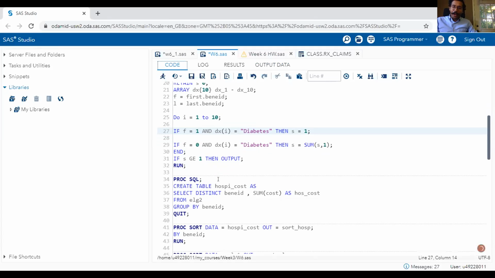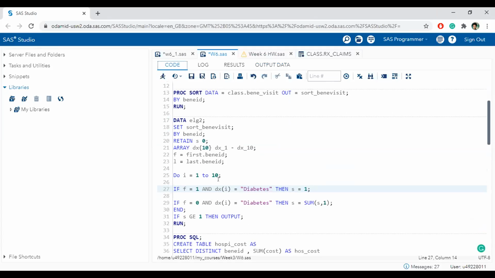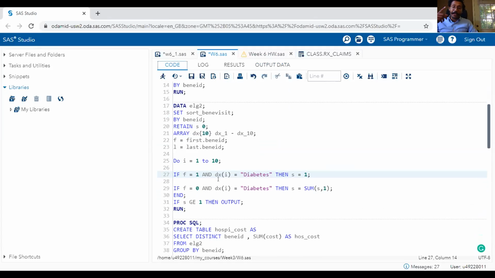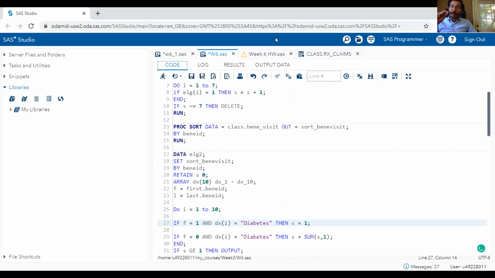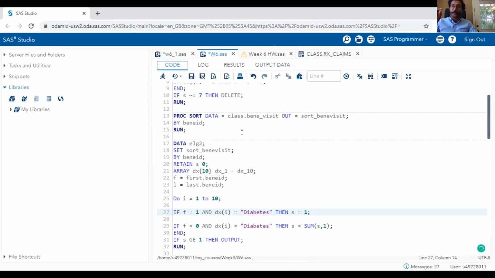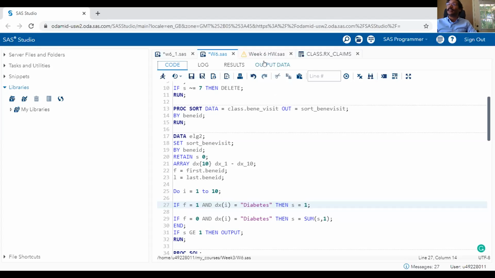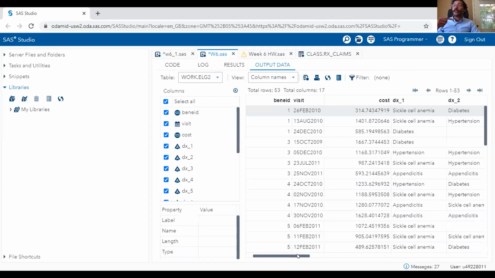Can I add a comment to that, Shishir? Yes, sir. I really like what you've done. This is a very creative and effective way to identify diabetes, not at a claim level, but at a beneficiary level. So this is a great example of how to do this. One thing to be careful about is that your output data set will still have more than one row per individual, right? If you open that final data set, you still have individuals repeating. Each individual can be in more than one row, which is fine. You just have to be aware of the fact that individual one still has three rows in this data set.